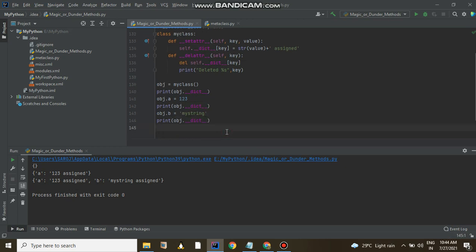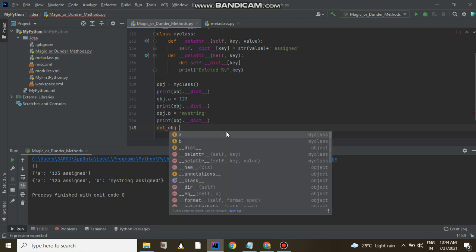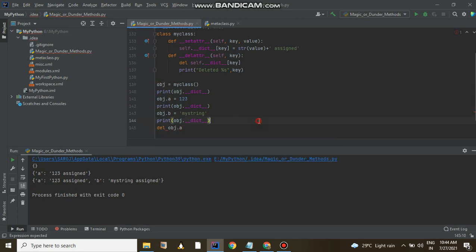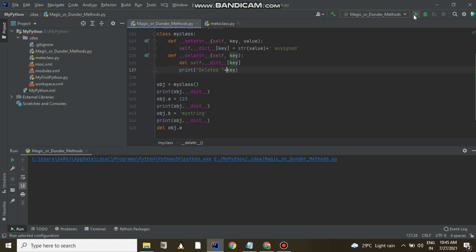So let me try to delete one attribute. How to delete? del obj.a. Let me execute it. You can see 'deleted a', the corresponding attribute of the class.